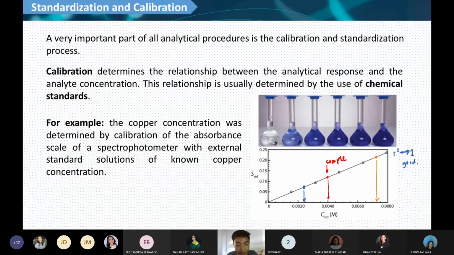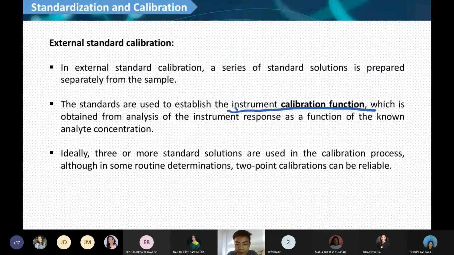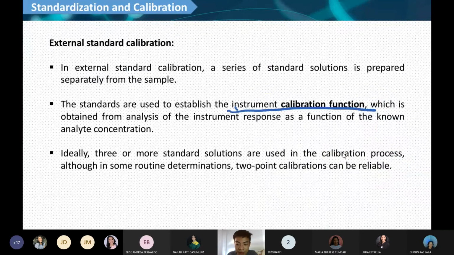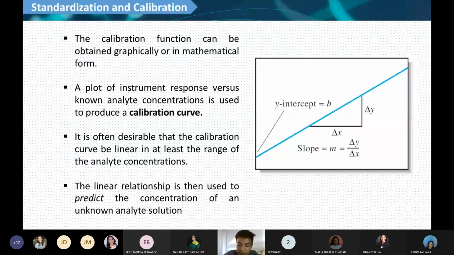This process is called external standard calibration. Okay, so ano ginagawa sa external standard calibration? You prepare standard solutions, solution of known concentration, you read it sa instrument, you get the linear curve, and then you compare your sample result to your curve. That's external standard calibration. The calibration curve for this method is linear, so that means it follows the equation y equals mx plus b. Okay,